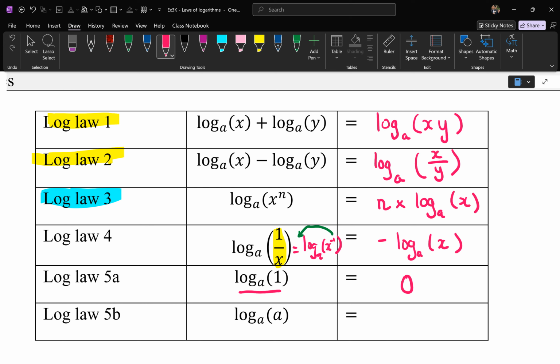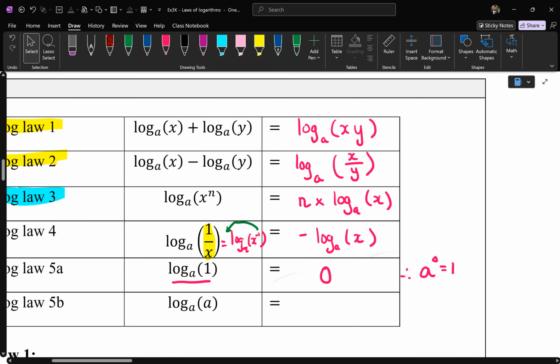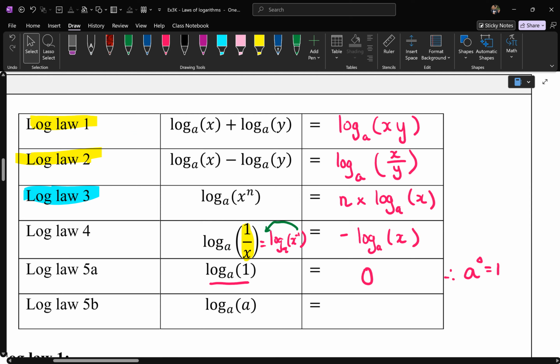Thinking about last session. What is log A of 1 saying? Olivia? Since A to the power of 0 is 1, the opposite of that. Very good. When you're reading logs, one of the skills that I wanted you to learn last session was that